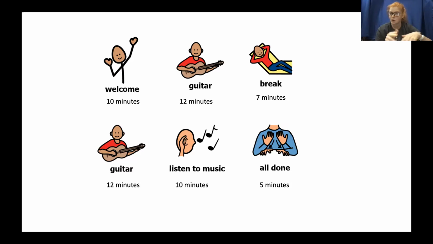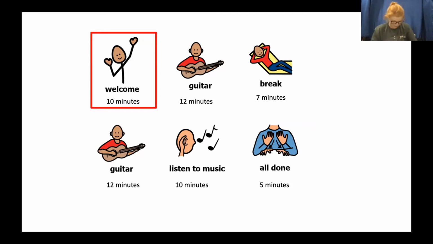Then we're going to have a short break, about 7 minutes. I'll have some stretching at the end of that just to get us back into our routine. Then Miss Andrea is going to give us some more information about guitars and practicing with our guitars before we listen to Miss Maren's song and strum along with her. Then we will be all done for today. So that's going to be our schedule.